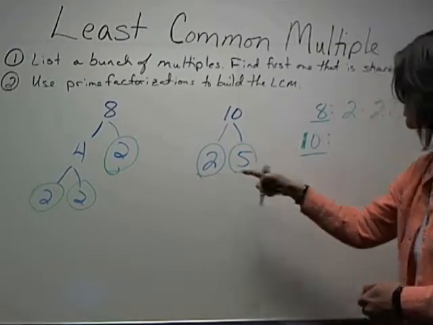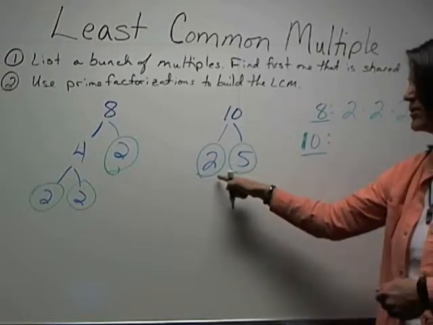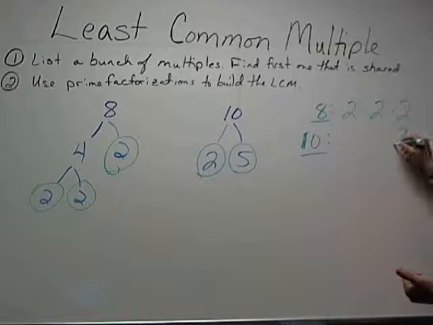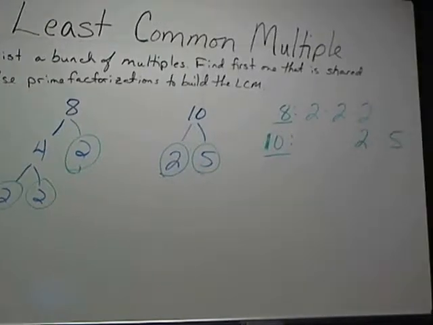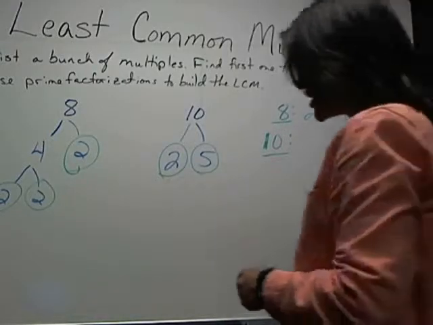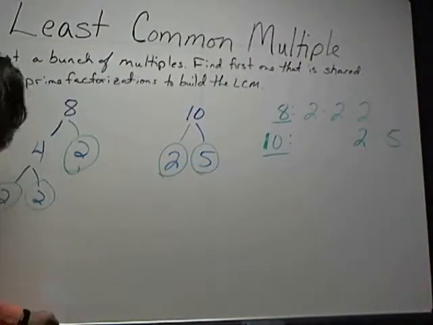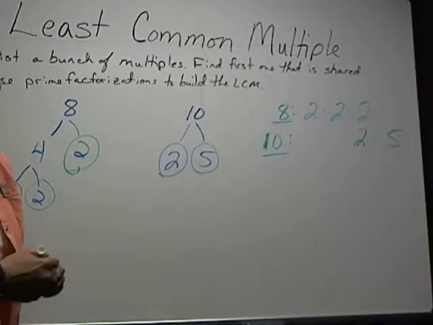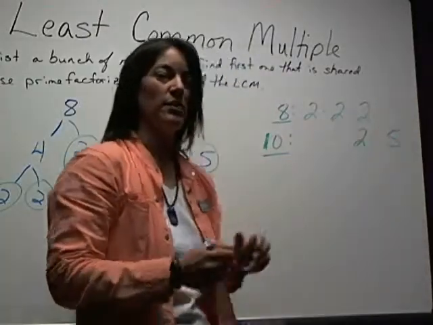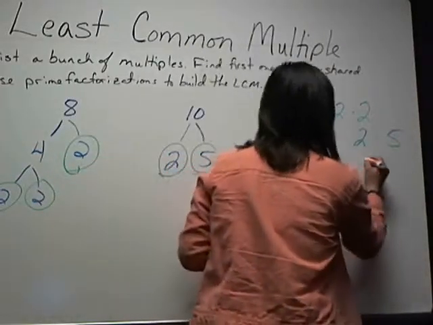Now I have a 2, so I'm going to line that up underneath a 2. Now my other number is a 5, so I'm just going to line this 2 up underneath the last 2 over here. And then I'm going to put the 5 beyond that. And the reason for that, once again, is because I want to line up the like numbers. I'm trying to find those common factors so I do not repeat them. So every number has essentially its own column. So now to find the LCM,